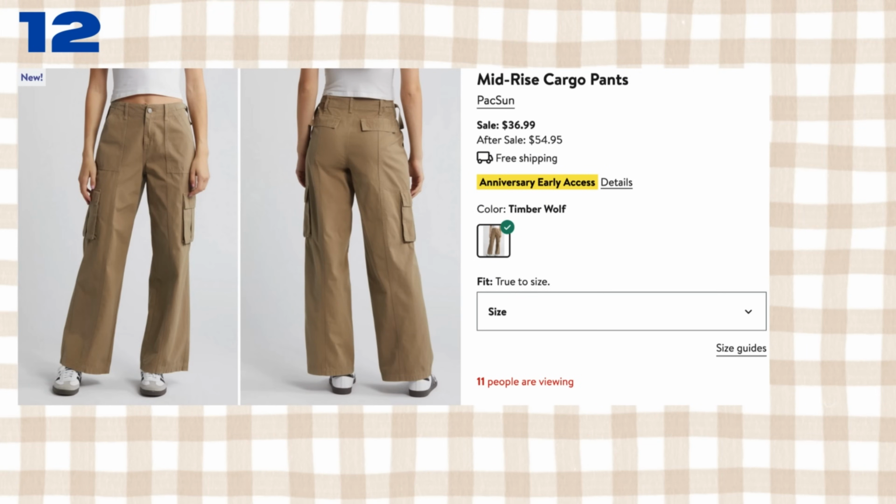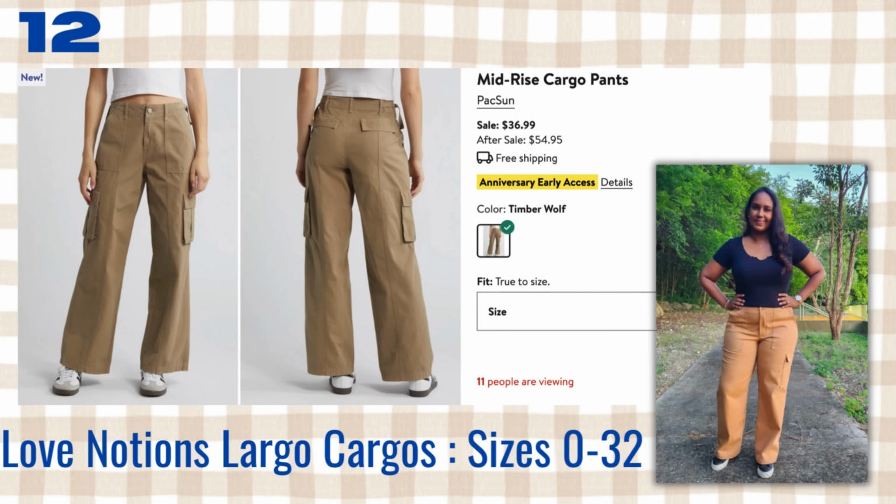Number 12 is the PacSun Mid-Rise Cargo Pants. Cargo pants are still very popular for fall, and this is just your basic utility pant. It has pockets on both sides, and then it has flaps on the back. The pattern that I picked is the Love Notions Largo Cargos. It comes in sizes 0 to 32, and